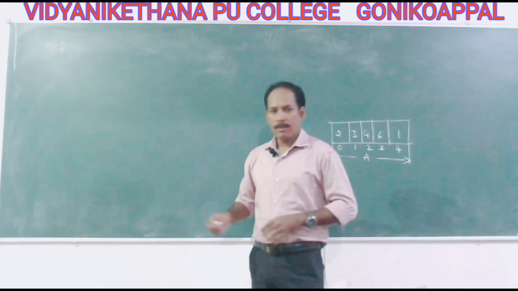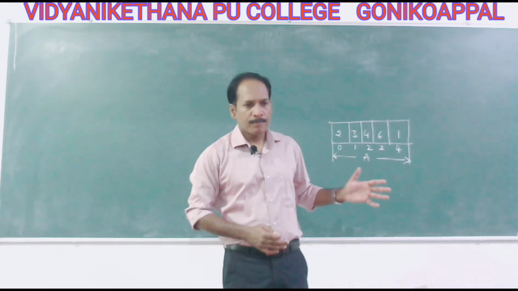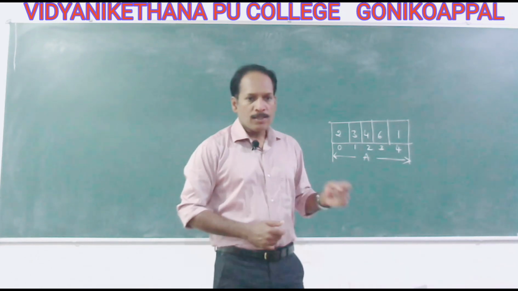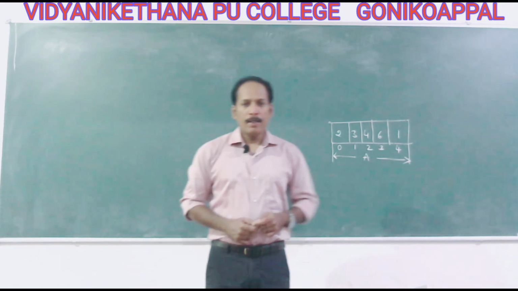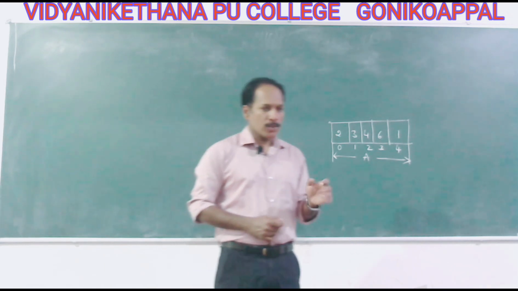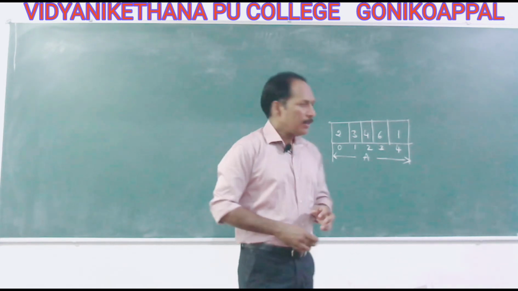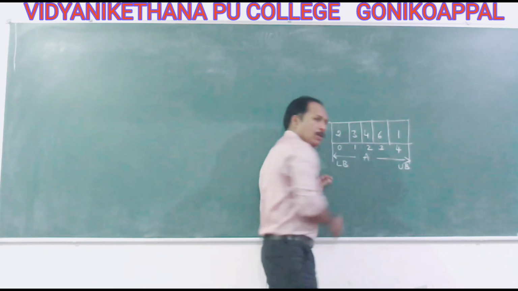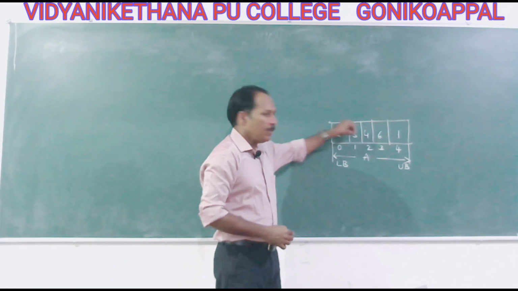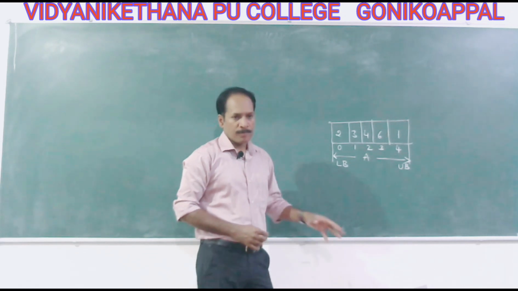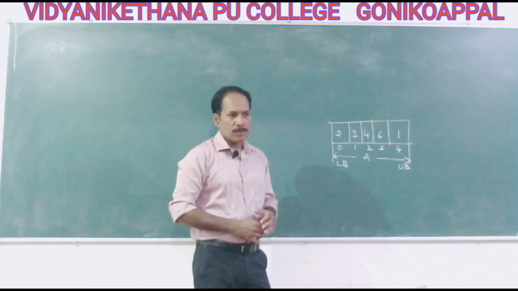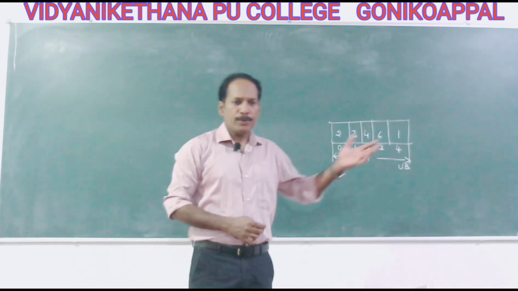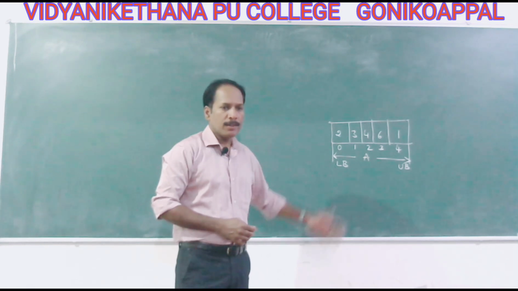First, let A be an array with LB and UB as the lower bound and upper bound, and this algorithm traverses through the array and performs an operation called process. So we have LB, the lower bound, here you can see, and this is the upper bound. On each element we are going to apply some process, some operation. Generally we write process. It can be an input operation, an output operation, or any comparison from beginning to end, whatever it is. But in the algorithm let me define it just as process.